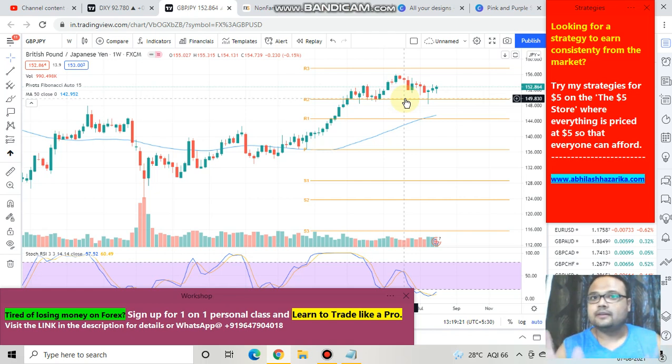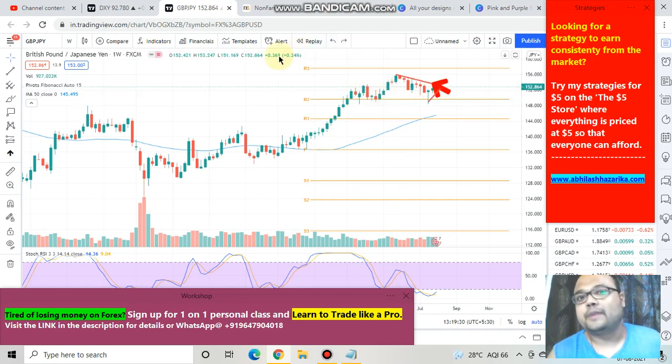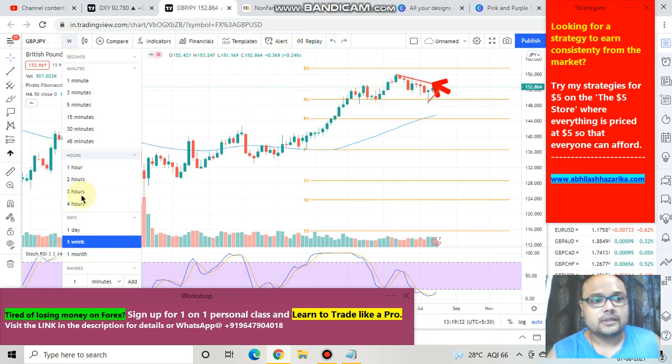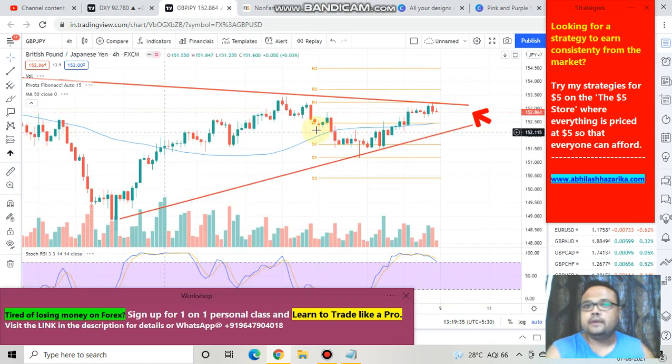And in the weekly chart also, if you look at the overall trend, then this market is in an uptrend. Therefore, in the 4 hour chart, the market seems to be in a downtrend, but buyers are there in this market, and we cannot deny their presence. Therefore, while shorting the market, we must be very careful.